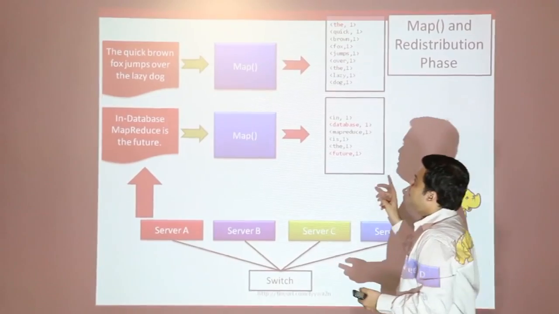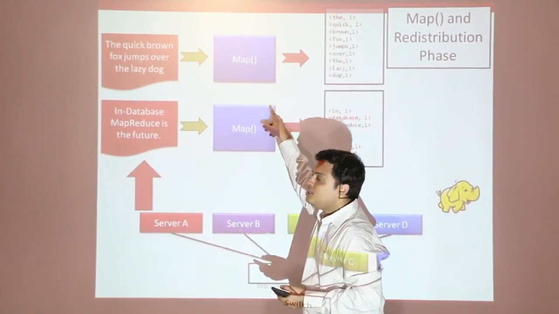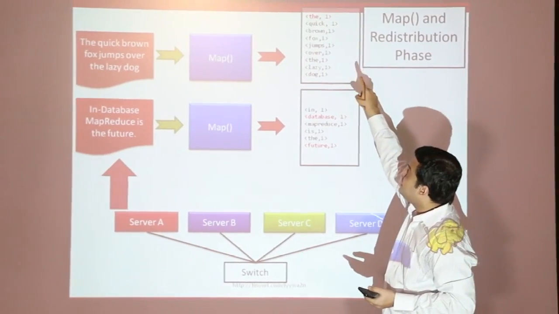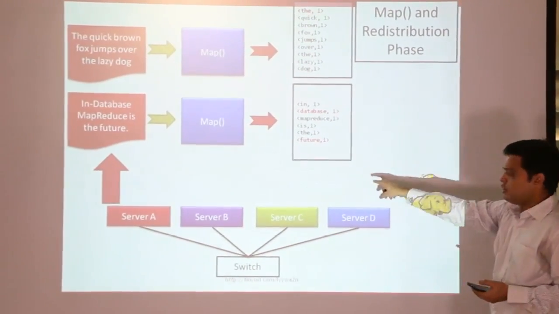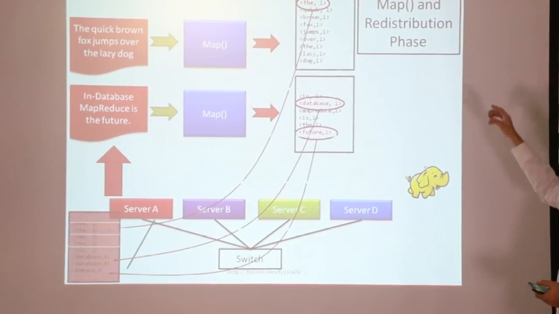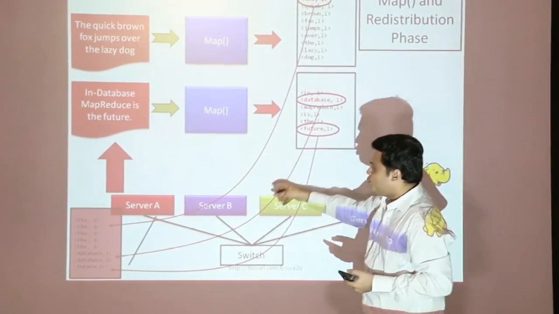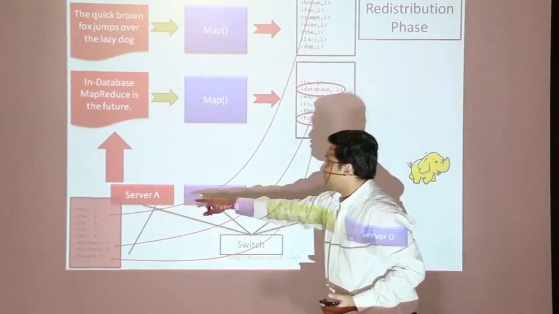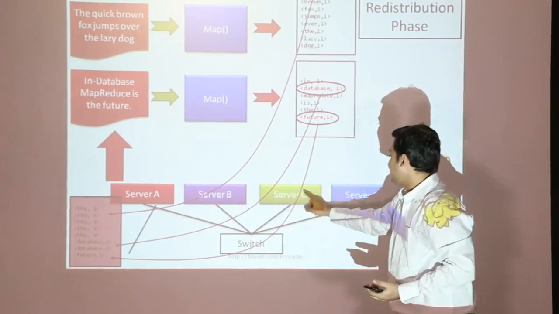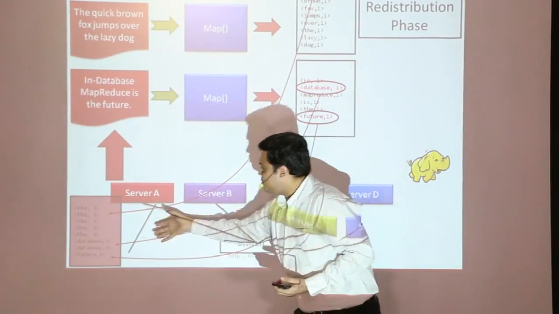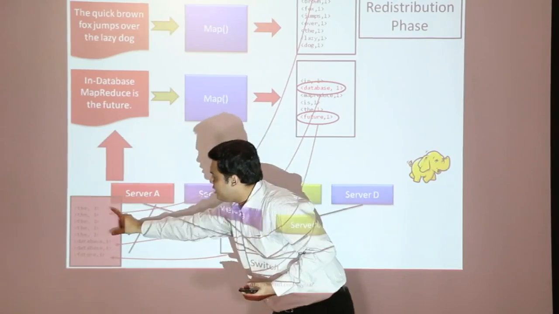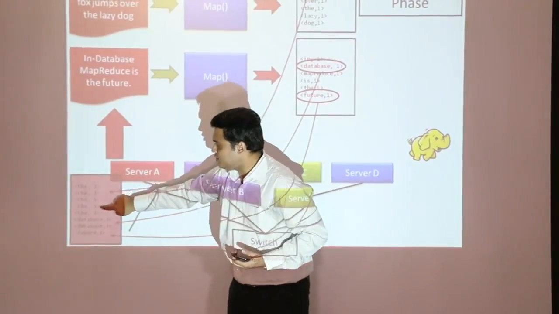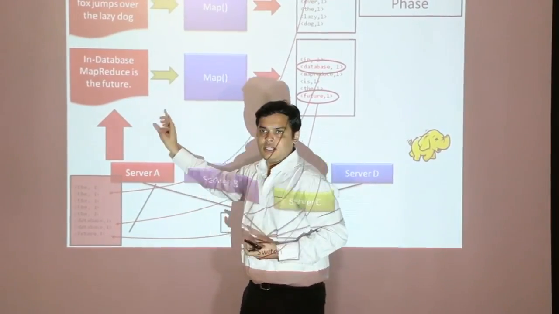When I map it, the document goes to the mapper, and it gives me output this way: the is appearing once, week is appearing once, brown is appearing once, and so on. Now let's say I regroup it and this is the output. It collects across the documents. Each server has done its job in parallel, and the is accumulated in parallel. This is the output from server 1, server 2, server 3, server 4. Everything happened in parallel.